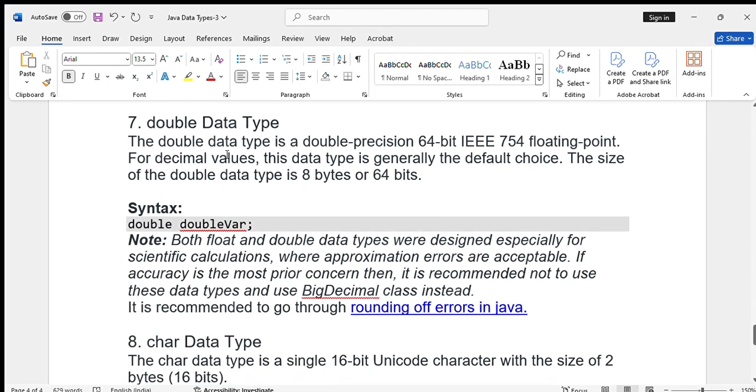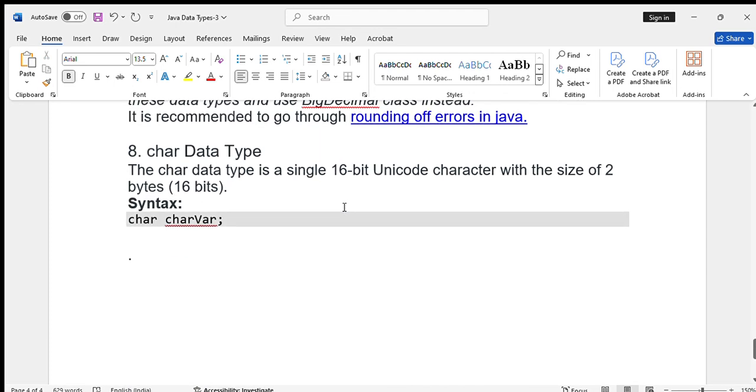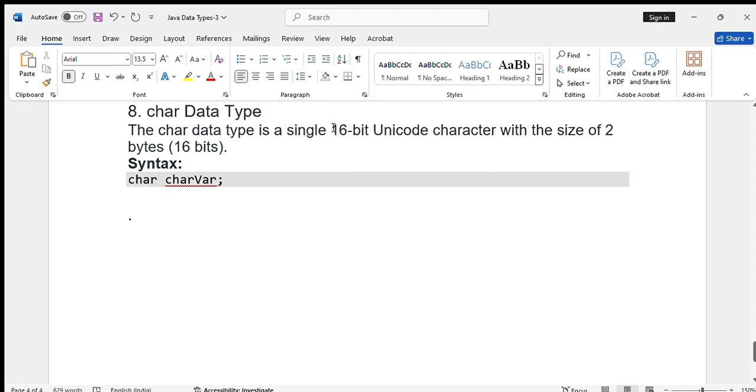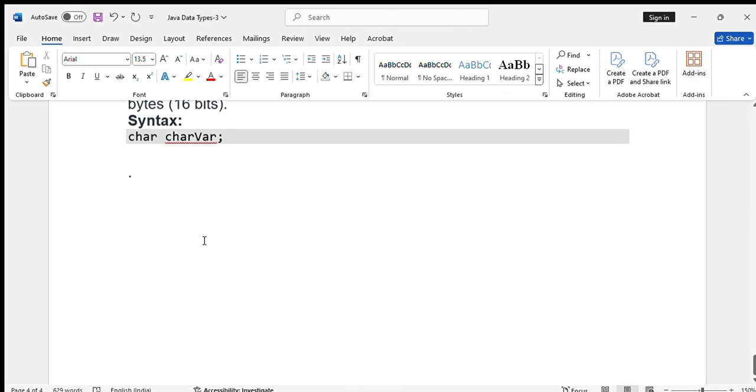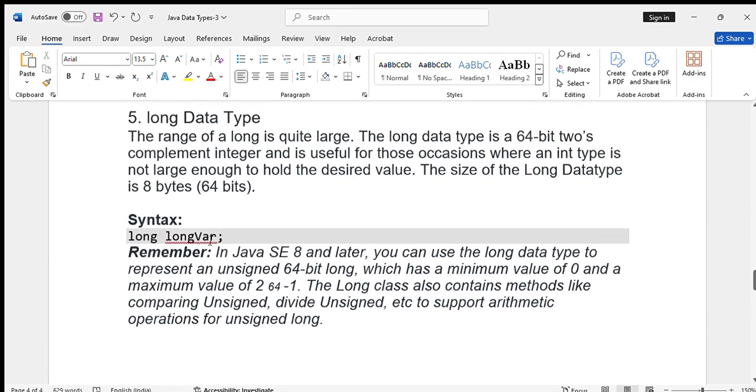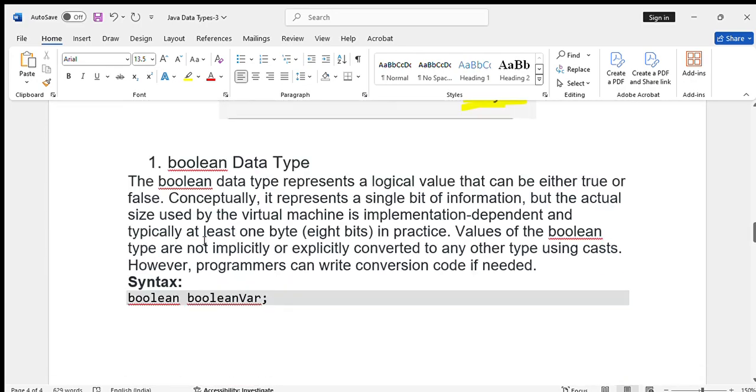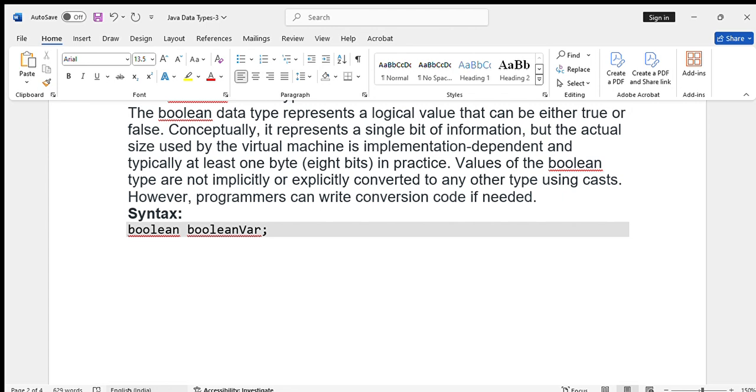Next we have double. It is 64-bit, that means it is 8 bytes. And we have char, which is a 16-bit Unicode character, so it is 2 bytes, that means 16 bits. So that is everything about the little explanation of data types. So now I'm going to